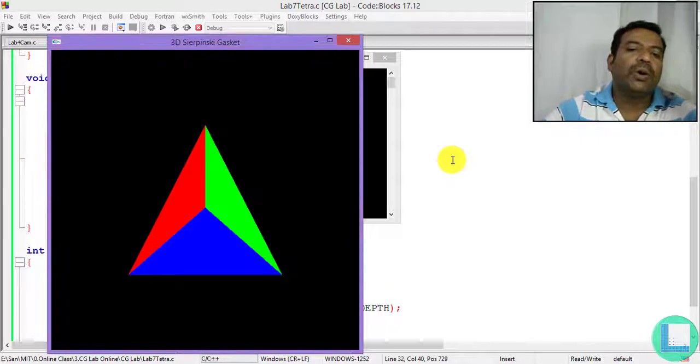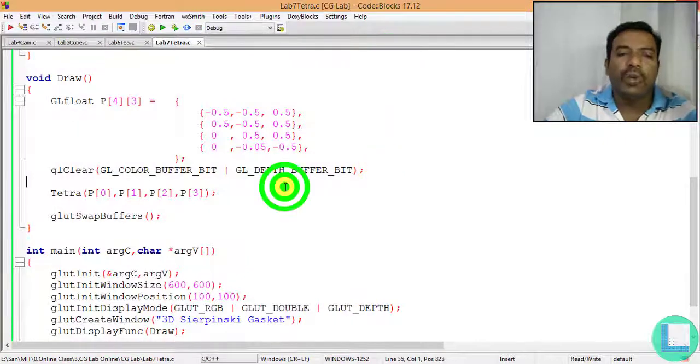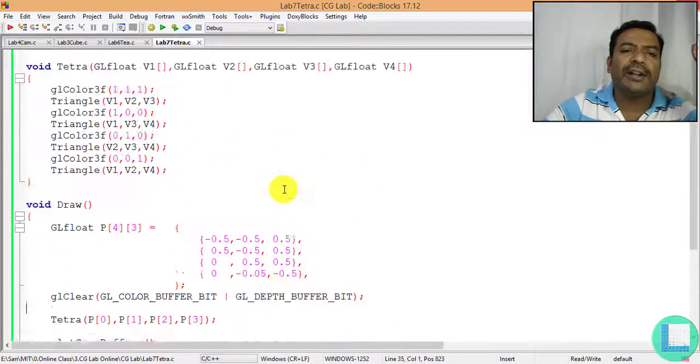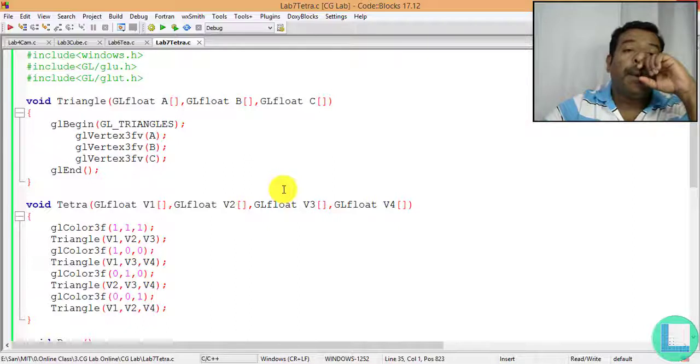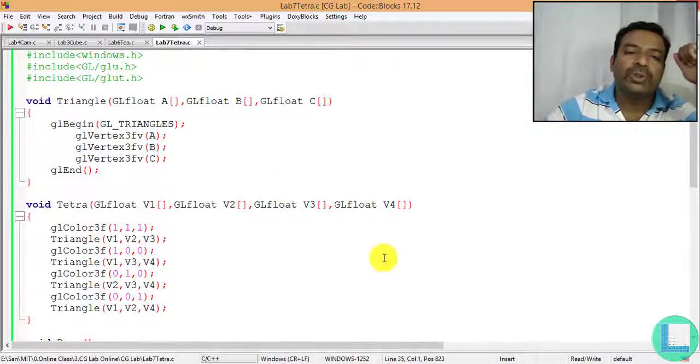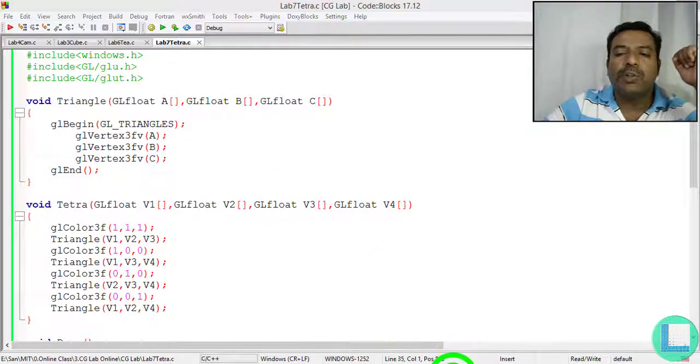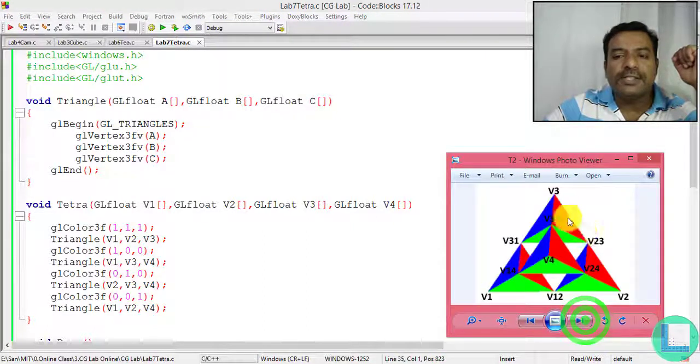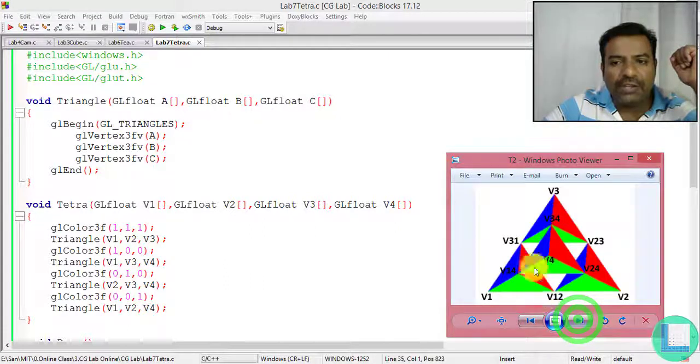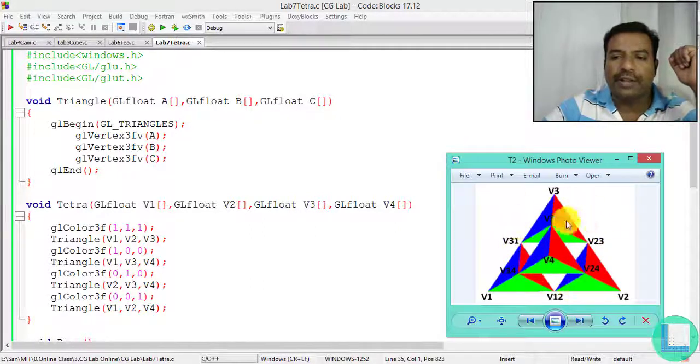Now this is what we are going to have, a tetrahedron in this form, and if you see these faces are not right, you can just drag these points wherever you want, and you can draw the tetrahedron the way you want. Fine, now this is what the tetrahedron is going to look like. But now actually what I was supposed to have is, I'm just going to form a tetrahedron, and the division should give me something like this. That is, I add one tetrahedron. After one division, I'll be having 4 tetrahedrons.